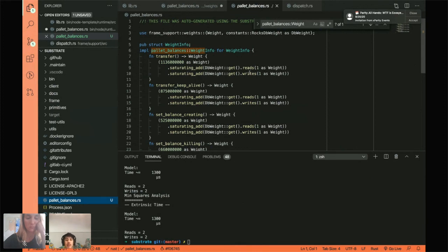And all you need to do is actually add this to your CI pipeline. Every time someone pushes an update to one of their pallets, you can have CI basically run the benchmarks on some hosted machine and push the new weights file to the branch. And so this is the pattern we're going to be using moving forward, where basically all weights are auto-generated and completely automagical and amazing.